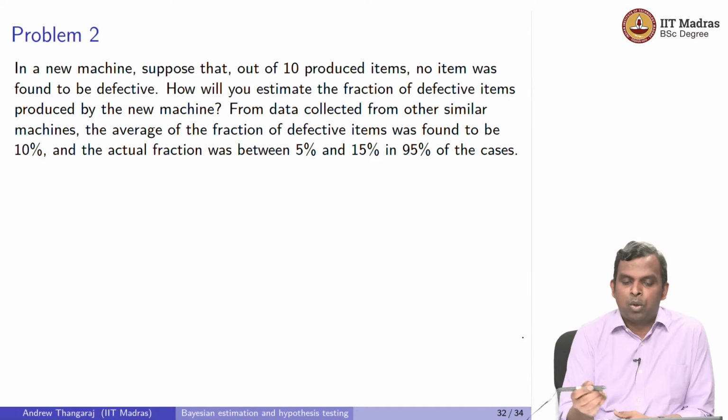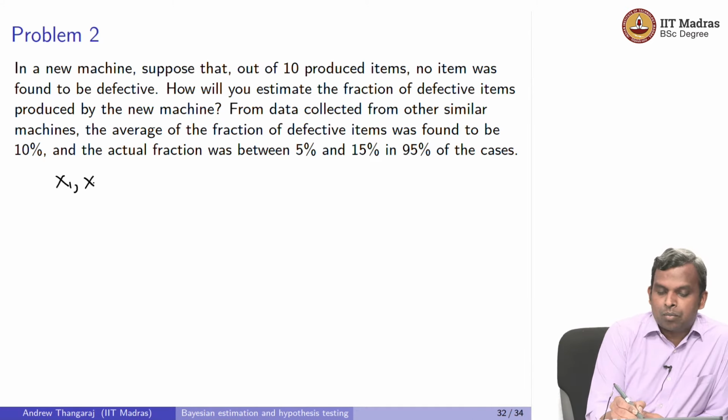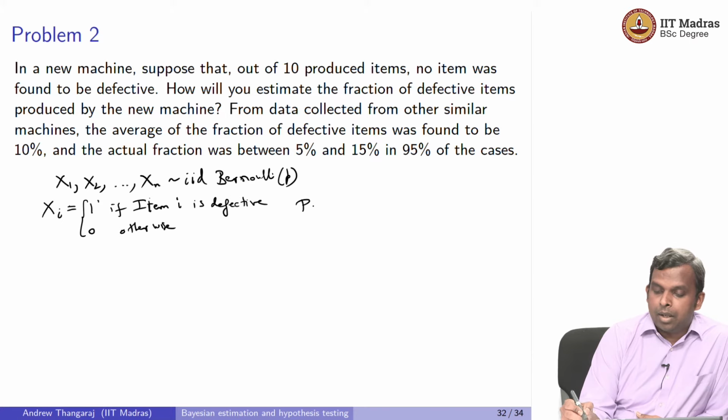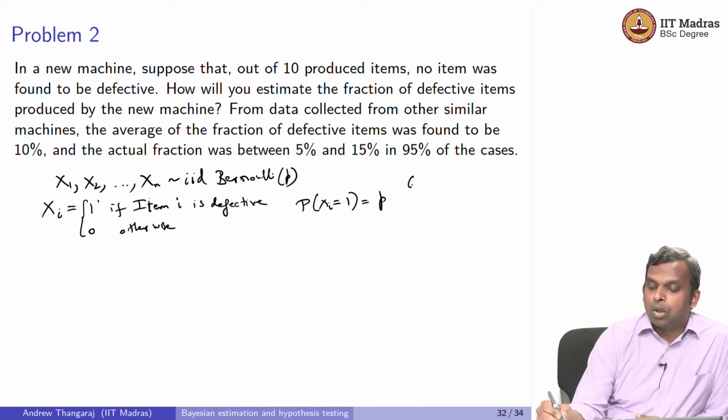So what is the situation I'm looking at? I'm saying I have n samples from an IID Bernoulli(p) distribution. So x_i is equal to 1 if item i is defective, 0 otherwise. And let's say the probability of x_i equal to 1 is p, and my goal is to find p,